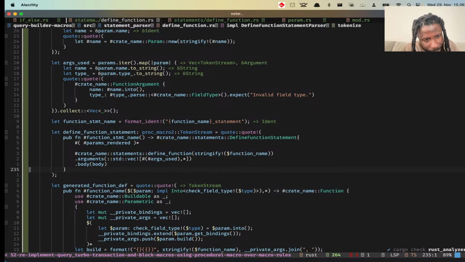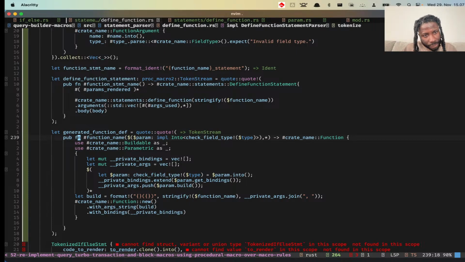Function name, argument used, the body, so for the function name itself, for the argument, so when you call the function, I'm actually looking at, like,